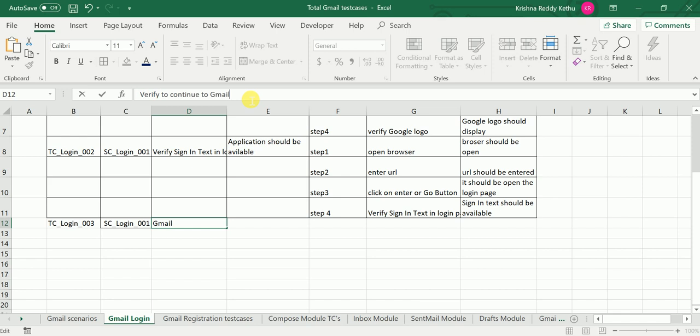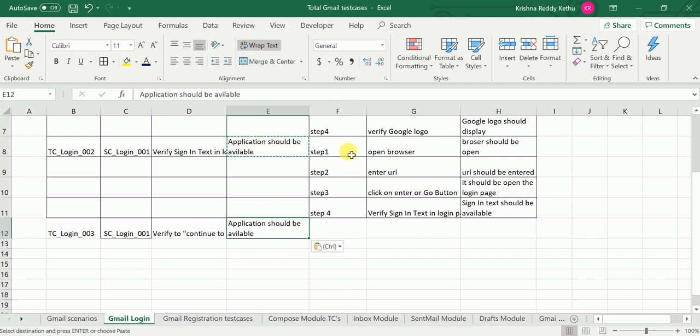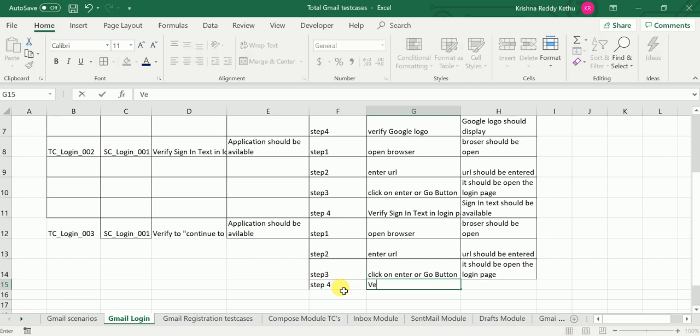Verify to continue to Gmail text in login page. What is my prerequisite? Same prerequisite. These first three steps are common. So step 4, verify.